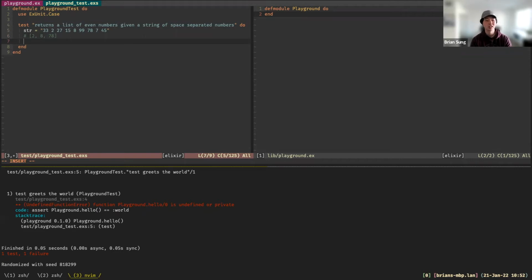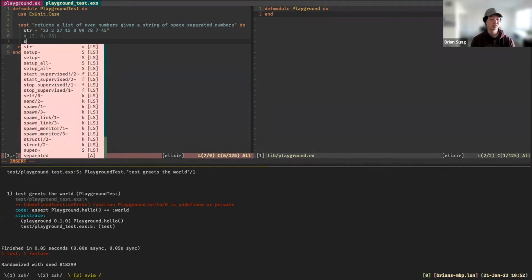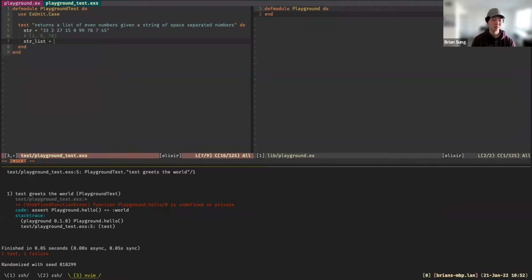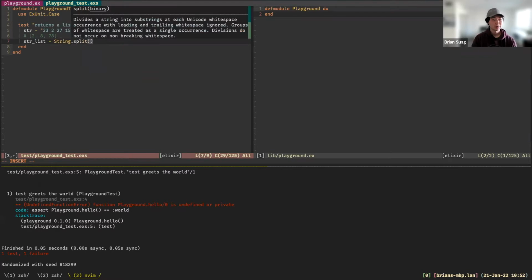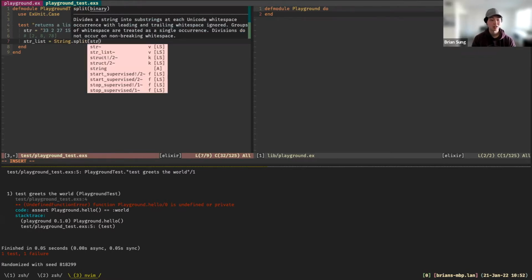We have our string, and the first thing we want to do, I suppose, is to create a list of this, right? So there's a method called string split, which will take the string and return an array of each element separated by spaces. So let's do string list. These are bad variable names. I'm just doing it for demonstration purposes. I always try to make your variable names be more explicit, but for me, I'm just going to do it like this right now. So split this, and then we will pass in the string.